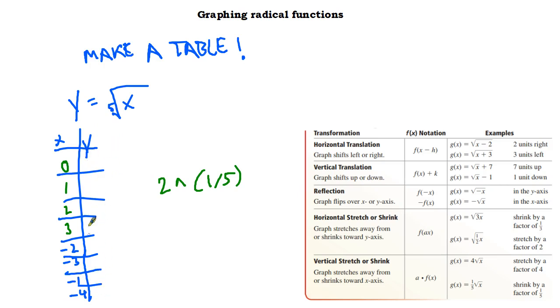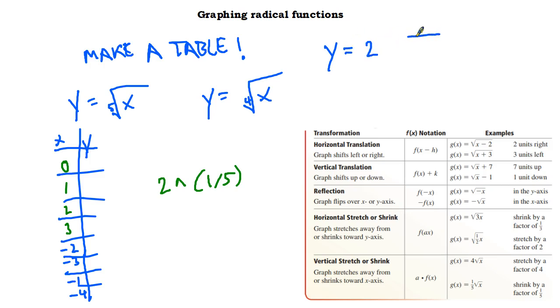And even if you can't sketch them exactly, you can get a sense that when we put in positive values for x, we get out positive values for y. Put in negative values for x, we get negative values out for y when we have an odd index. Again, you would do the same kind of experiment if you wanted to test out an even index. And again, you could even use this same idea, make a table, to test out what it looks like